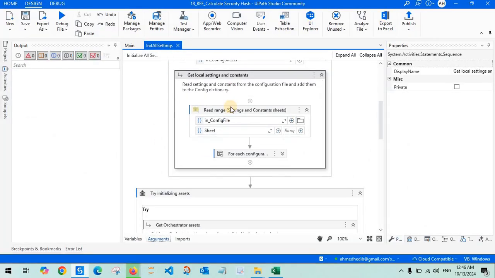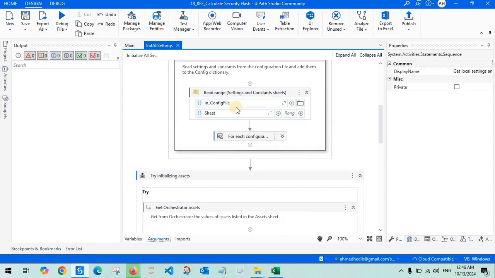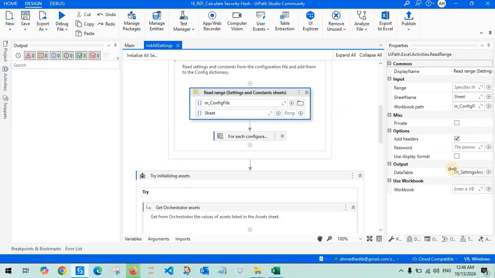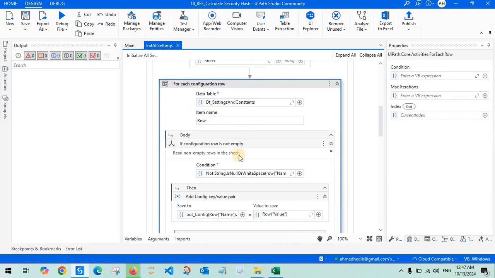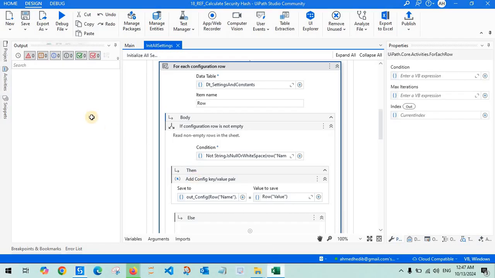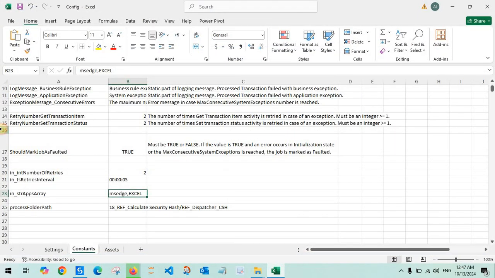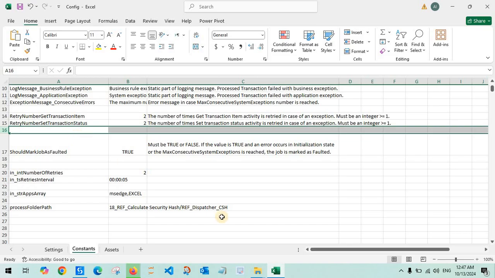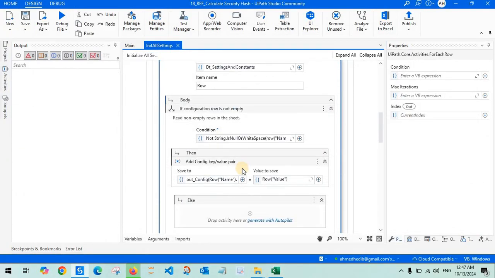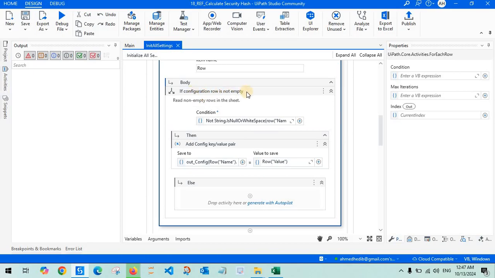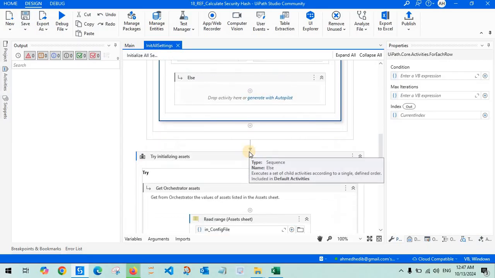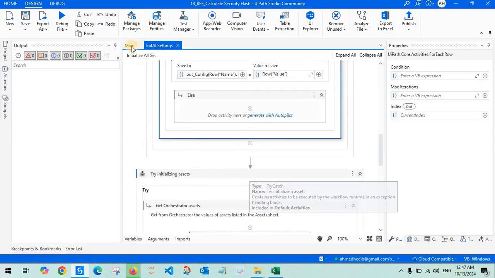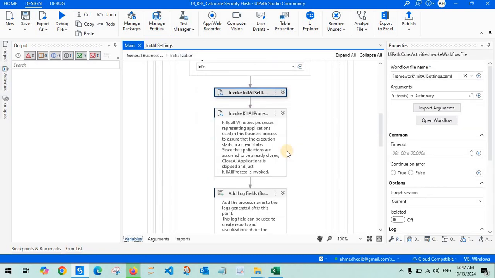So after getting the sheet for config file here, we'll save the output to data table string and constants, and then I will loop through this data table and check if the column here, for example, is null or doesn't have any value. So I checked it here. If configuration row is not empty, this is the condition. All of them are the same as default. Okay, let's start here our program